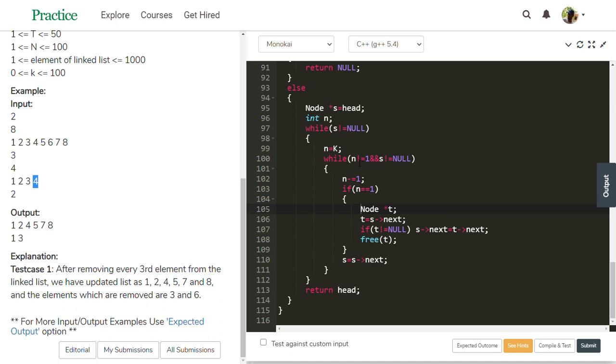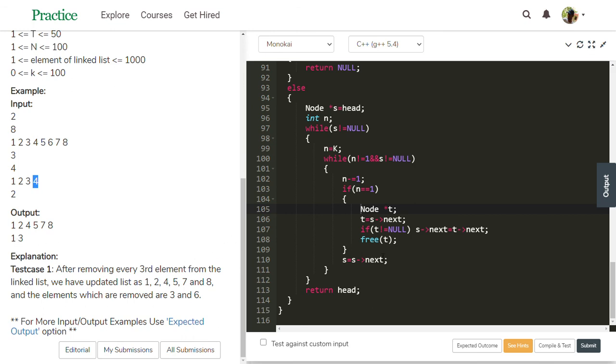Then n not equal to 1 is false, so the inner while loop stops execution. And s is also null, so the outer while loop also stops execution. Return head. Head is pointing to 1, 3, so the output is 1 3.